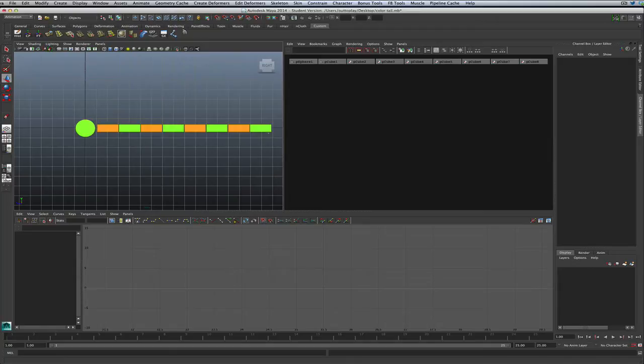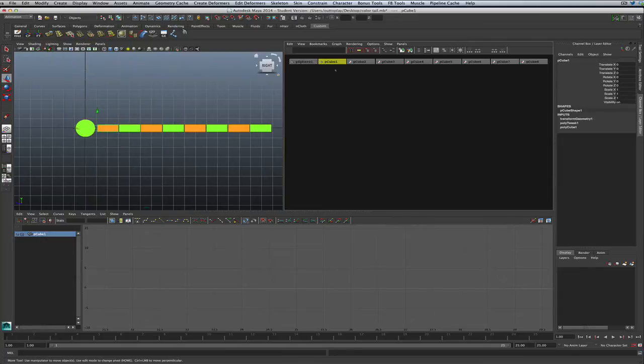Okay, so we could create bones and basically snap bones to vertices for each section of the joint and then either parent or constrain the geometry to the joints. A couple of variations of things we could do. For simplicity's sake, parenting them will work just fine. So this is going to be the head, which is over there, and I want each successive joint to be in the hierarchy. So what we're going to need to do is middle click in the hypergraph here, and we can just visually construct our hierarchy.